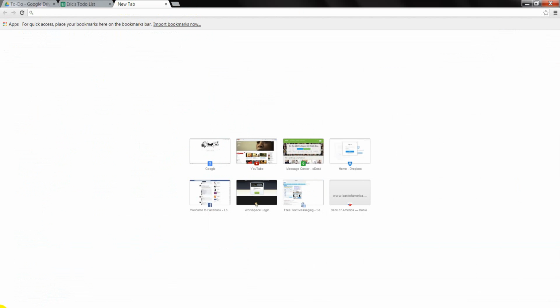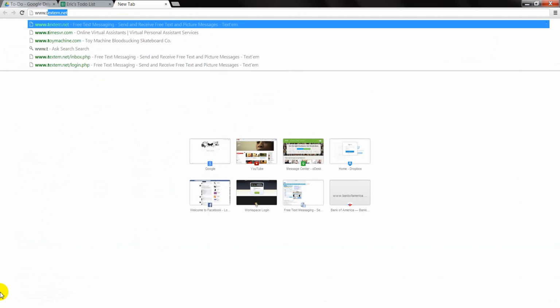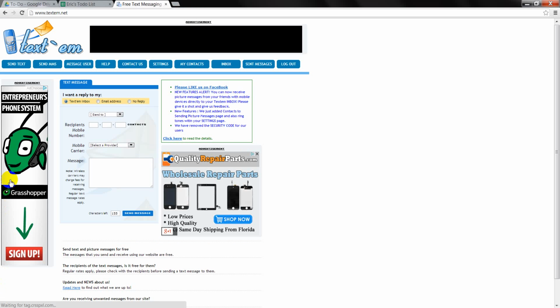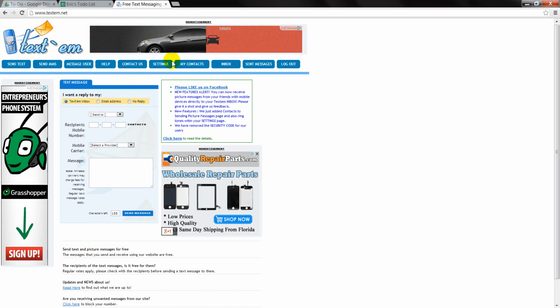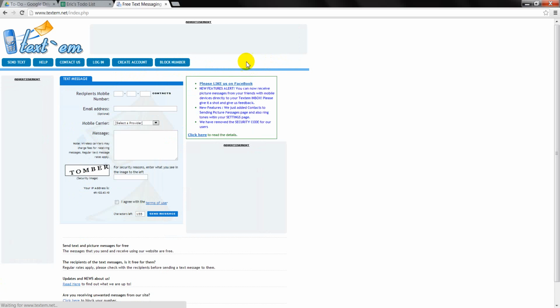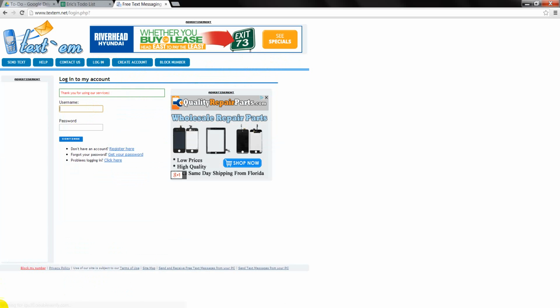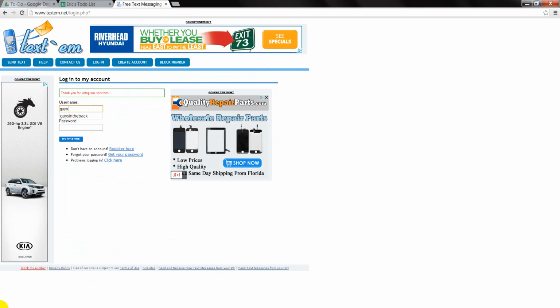So what you need to do is go to www.textem.net. When you get there, you need to log in. To do that, you click on login, and the username is GUYSINTHEBACK. The password for now is SUPERYORGA